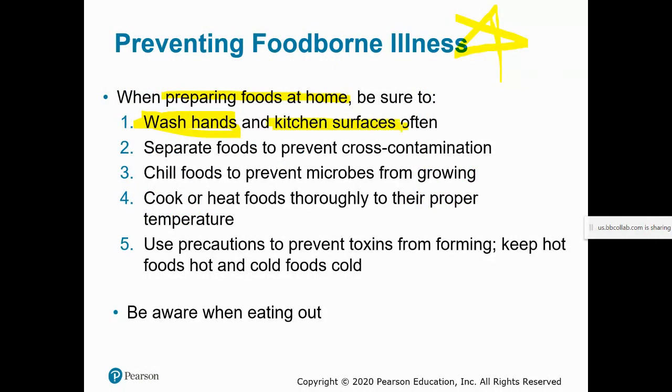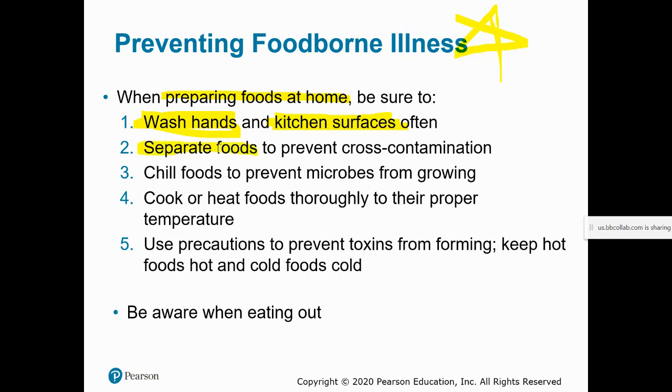Also, wash off kitchen surfaces before beginning to prep, especially if you have animals in the house, especially if you have indoor-outdoor animals. Again, they don't necessarily need to be animals that get on the countertops, but even if they go outside, they might bring some bacteria back inside, and you could have cross-contaminated, or you could have picked up some of those microorganisms, and they could make their way to your kitchen. So it's always good to do a quick cleaning of your kitchen surfaces before starting to prepare food.